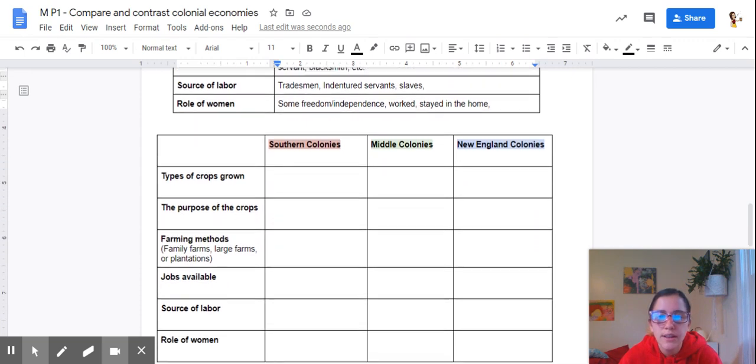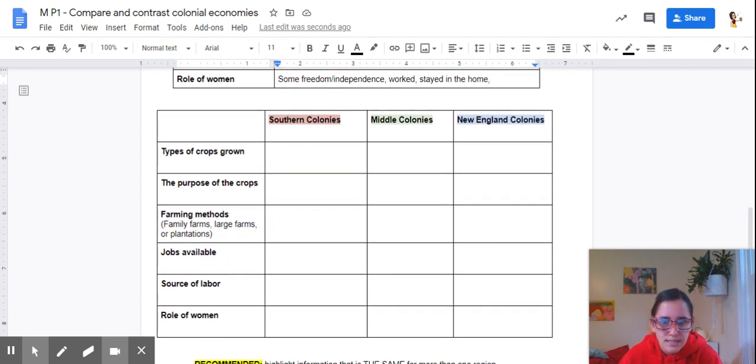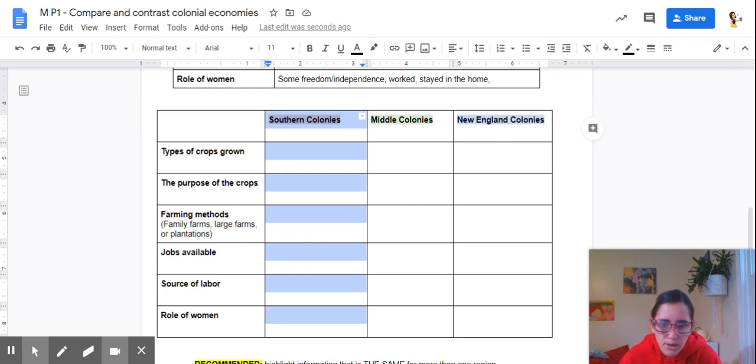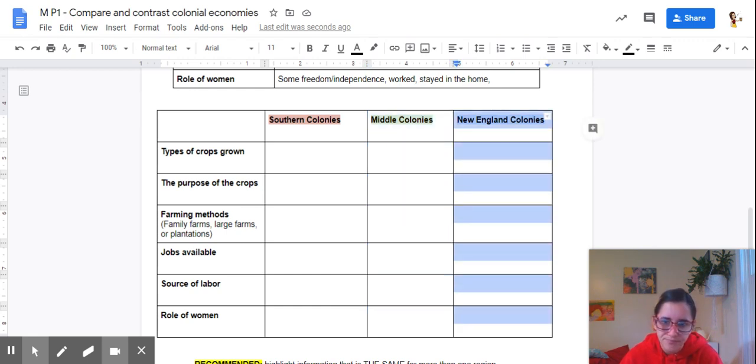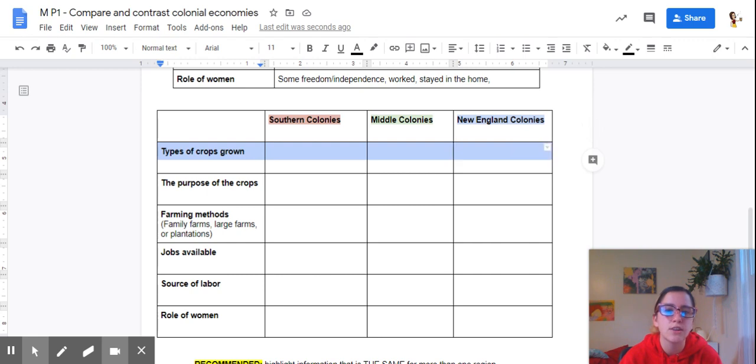So there's this chart down here. The southern colonies are going to go in this column. Middle colonies will go in this column. And the New England colonies go in this column. The rows across are those little checklist points you want to hit, right? What type of crops were in the southern, middle, and New England colonies? What do they do with those crops in those colonies? Right? For all of these,